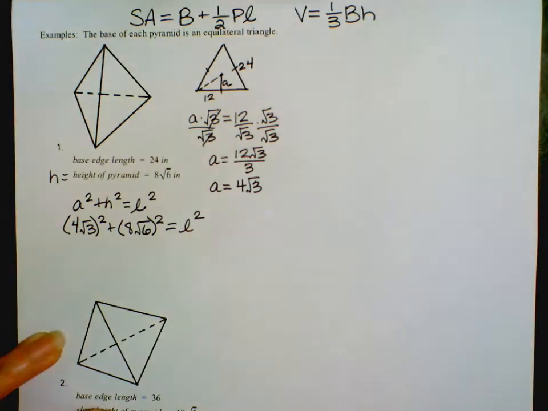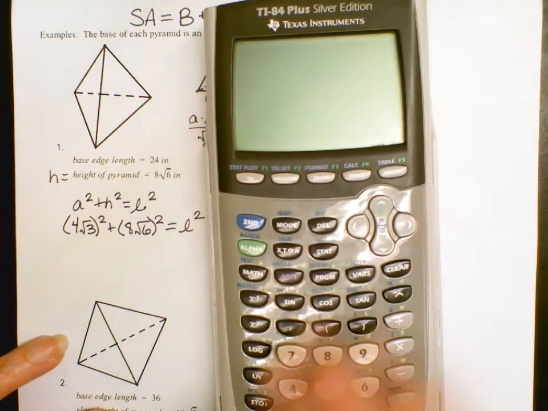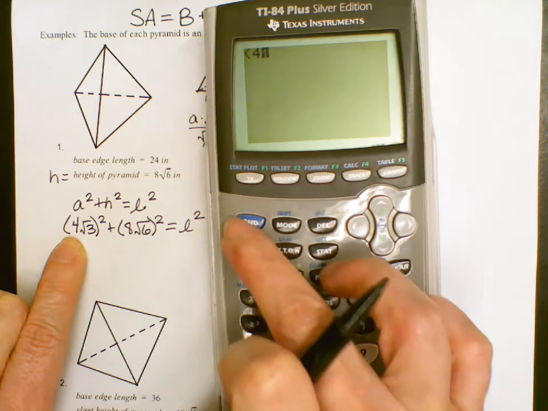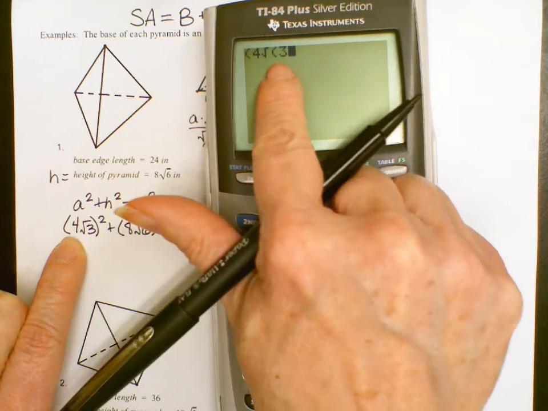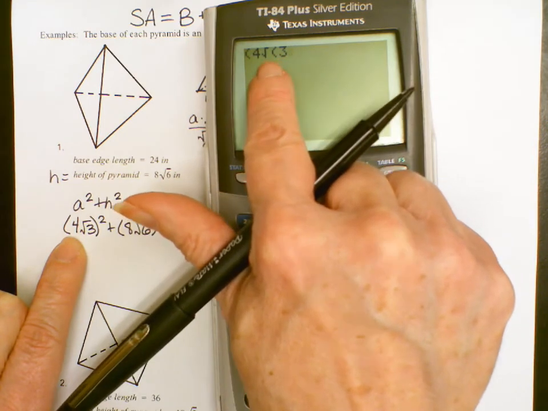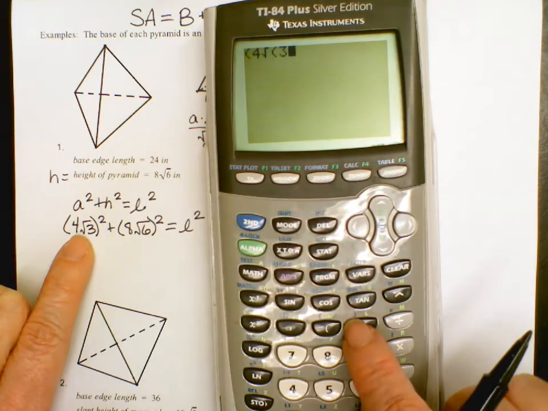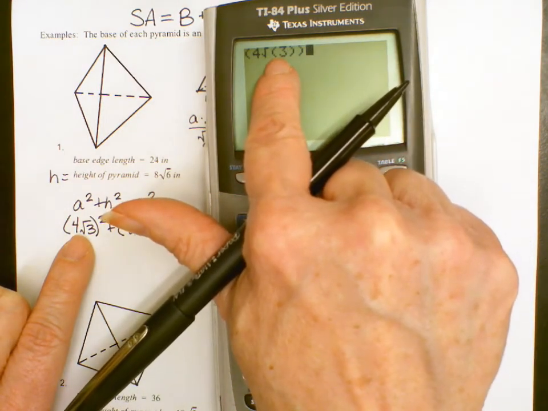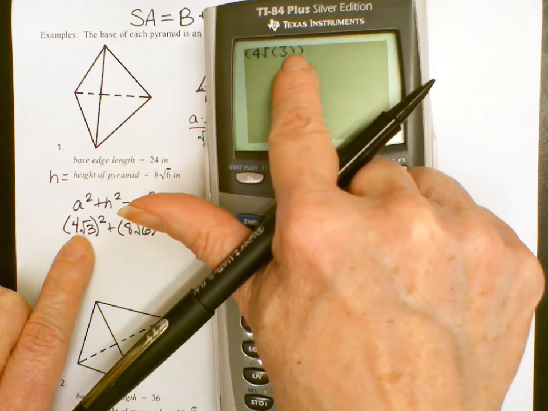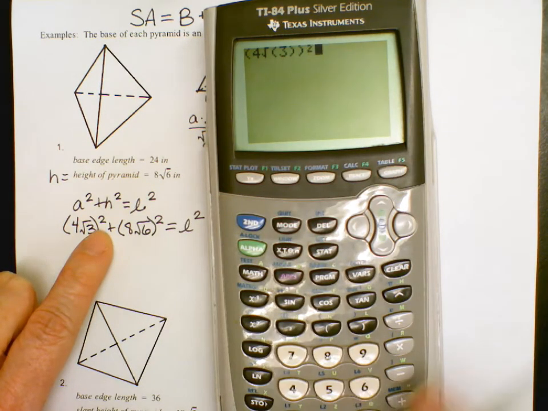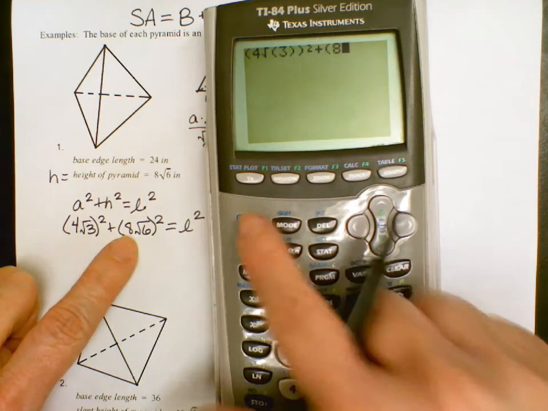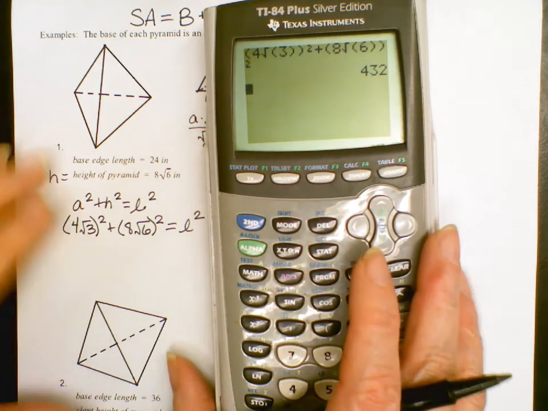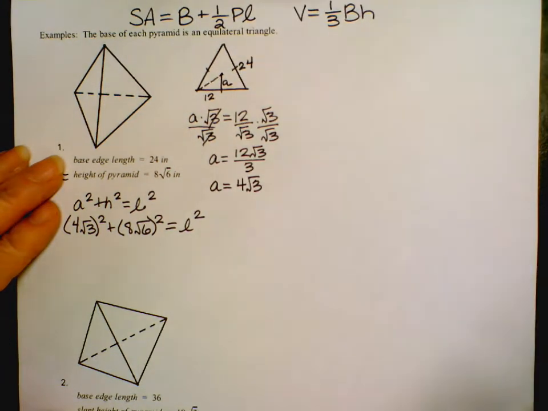Equals L squared. So now when it's time to type it into the calculator, I'm going to start with the parentheses, 4 square root 3. Now my calculator opens another set of parentheses automatically when I type a square root, so I'll have to close my square root twice. If your calculator did not put that parenthesis in there automatically, then you'll only close it once. Squared plus another parenthesis, 8 square root 6. Here again, I'm going to close mine twice. Squared. So L squared is equal to 432,